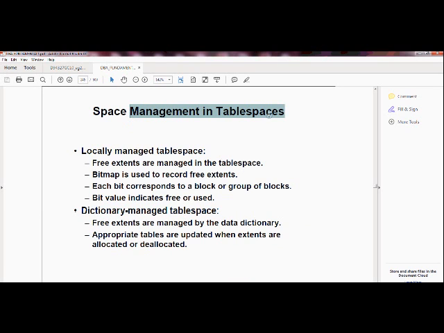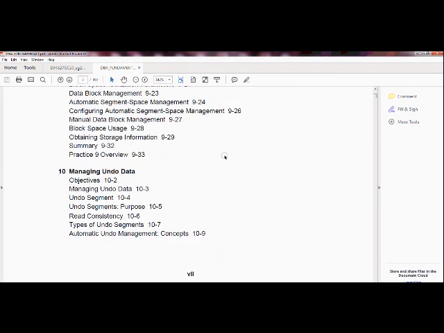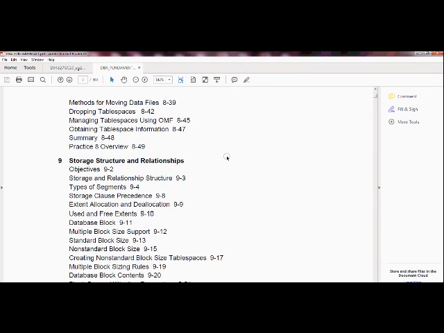Space management in tablespace. Okay, before proceeding further, we should know what extents, blocks, and segments are. I think I have a chapter on this. Hold a second. Storage structure, database blocks.